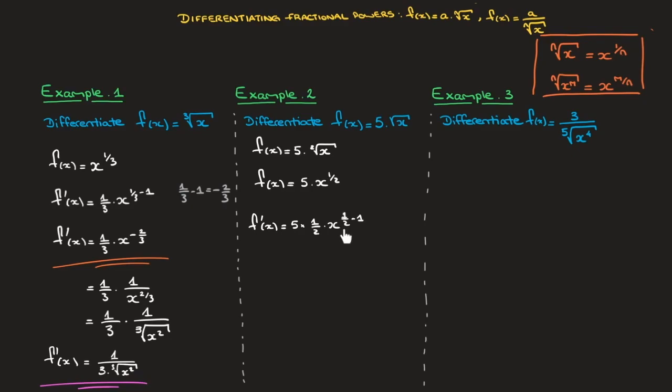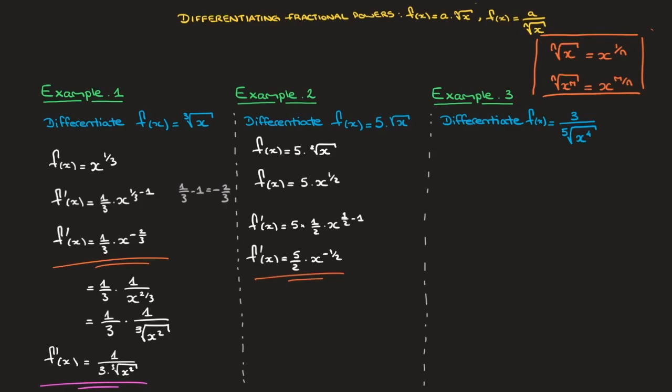And now, since 1 over 2 minus 1 is negative 1 over 2, and 5 times 1 over 2 is 5 over 2, we can state that f dash of x is equal to 5 over 2 times x raised to the power of negative 1 over 2. And that's the answer. But just as for the previous example, we could in fact go further and write our